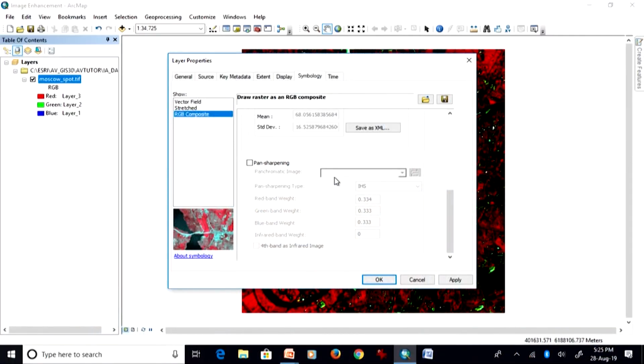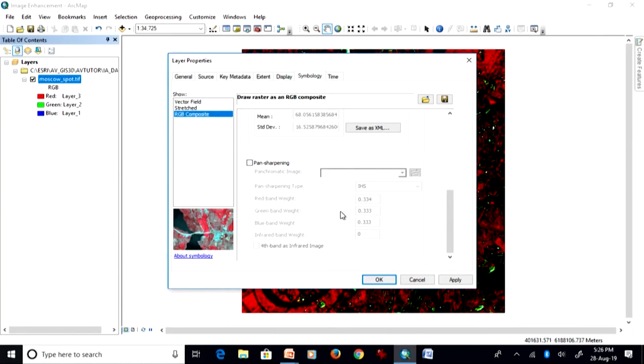Since I have not chosen a pan image for input in this case, I am not getting other options, but by default it goes for IHS. When I showed some results from image merging, I also showed them through this IHS, that is intensity, hue and saturation transformation. Your original image is first split into three components: intensity, hue and saturation, and then the pan image will substitute the intensity image from this color composite, and hue and saturation will remain the same.